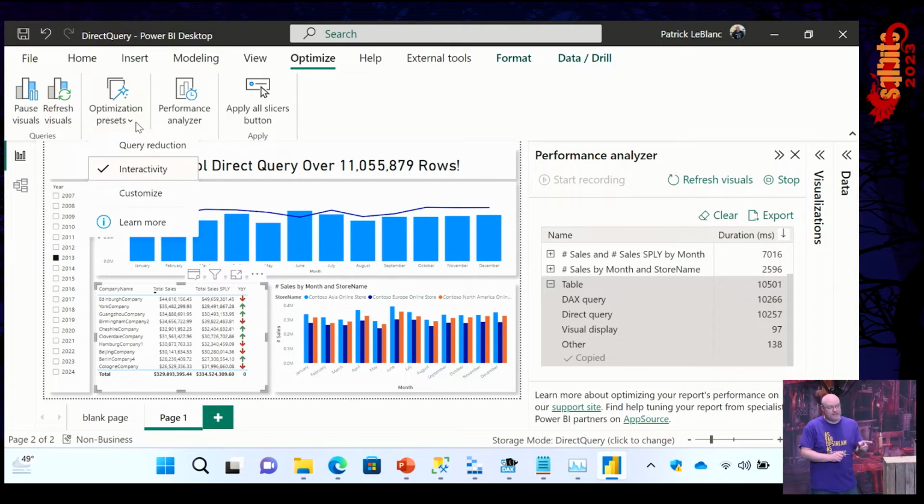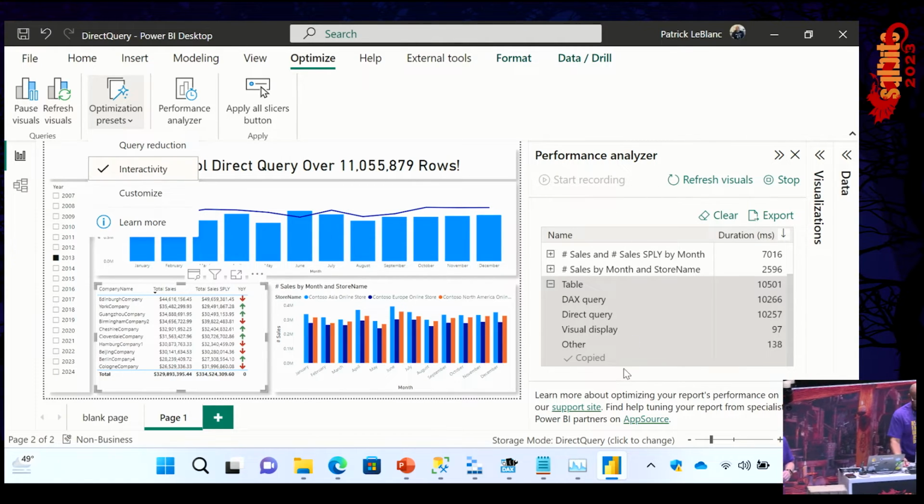The other thing that's really cool that was added with the optimize ribbon, when you're in DirectQuery as an author, especially if you're working on larger sets of data, is that as you're dragging things on, it starts issuing all those queries. So now you can basically say, hey, pause it, let me do what I need to do, and then run the queries. That's definitely a great feature that's available for you now. Okay, now you can go.